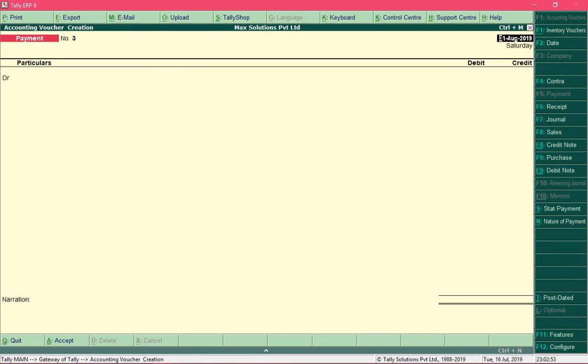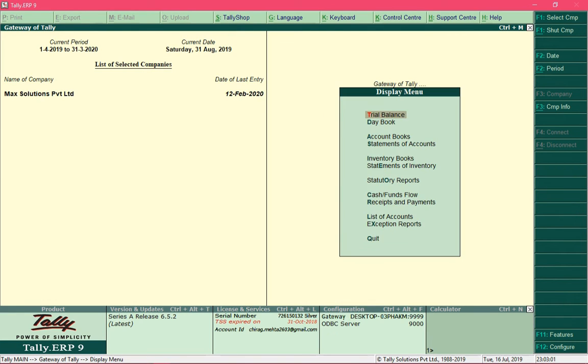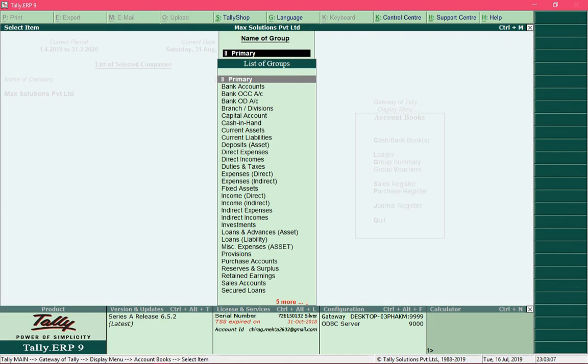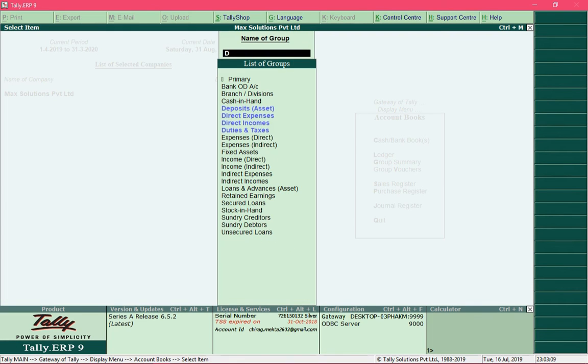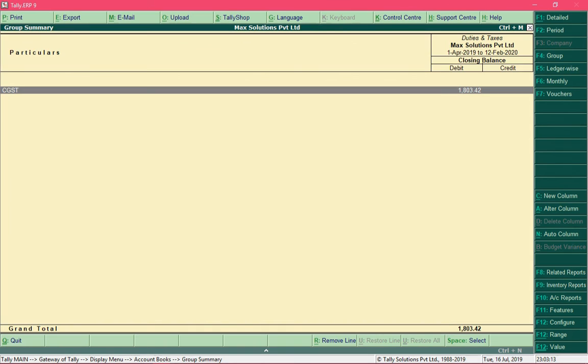Now let's check the report for GST. Press the escape key and select the option display, then select accounts book and group summary, and I want to view the summary for the group duties and taxes.